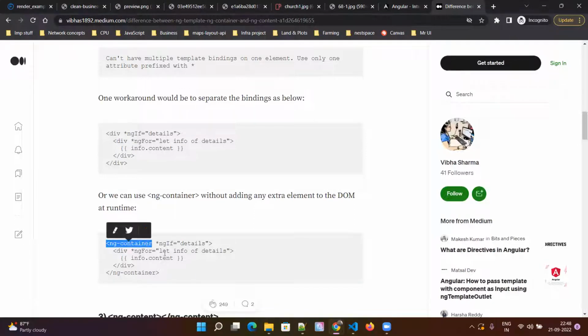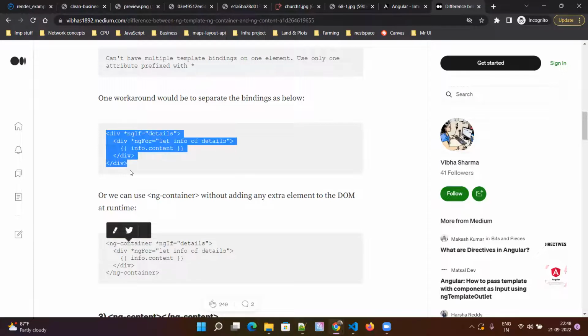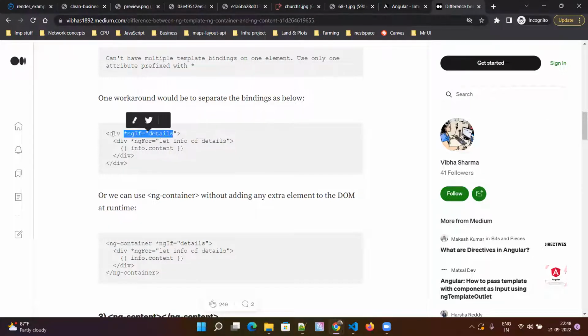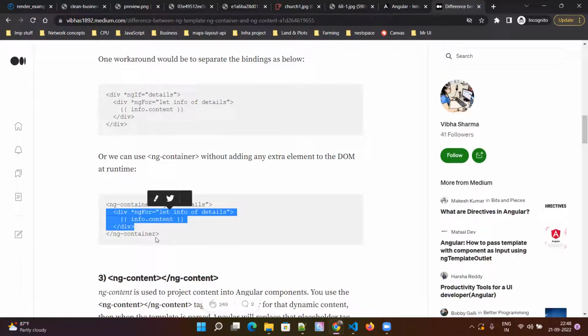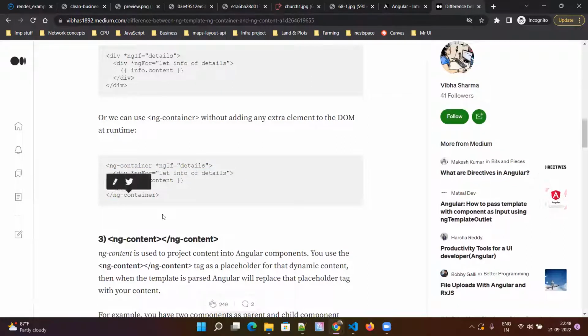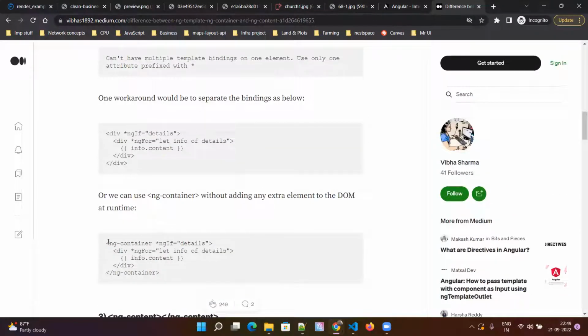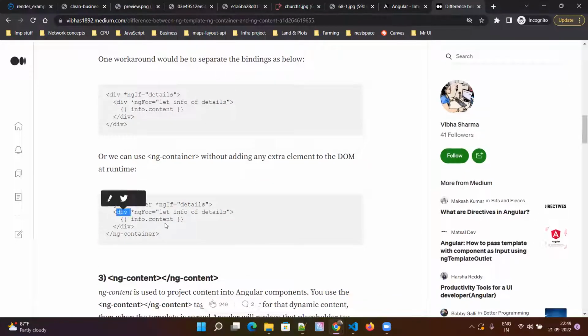Okay, ng container you can use anywhere you want, where you don't want to show any element. Okay, here what will happen? If this becomes true, then it will show two div tags. But here, if this becomes true, it will show only one tag because it will not add any tag to replace ng container. Only display this tag, whatever is inside the ng container. So you can use ng container wherever you want, without worrying about the